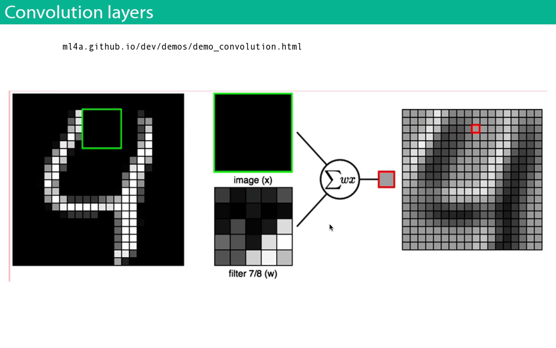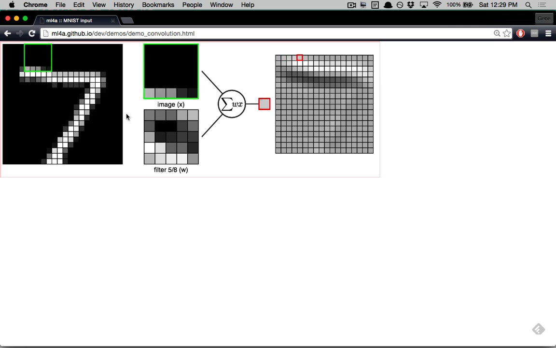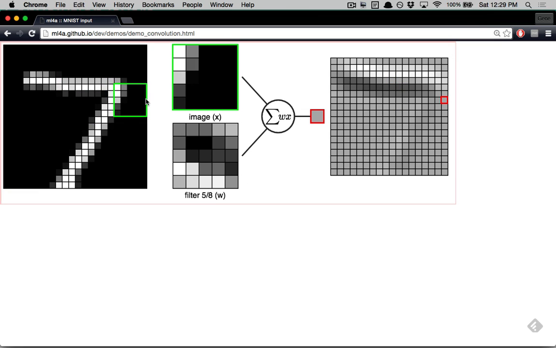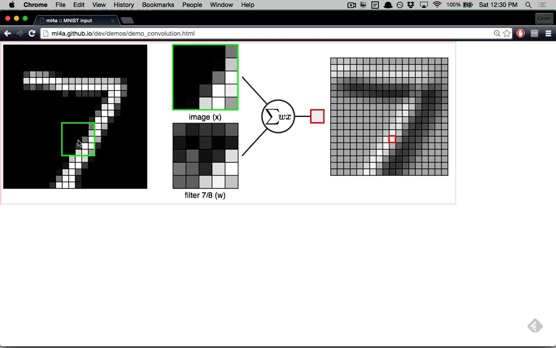In particular, I have this convolution demo that I'll quickly show. This is online, but you can see the way the responses work. Let me show a better one. So here you see it'll have a really high response at areas like this because it lines up a lot.